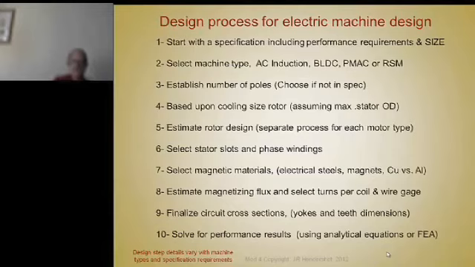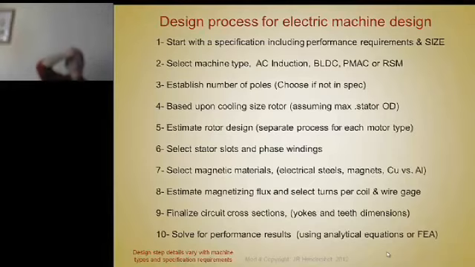If you want the highest performance machine, then you would use an integral slot per pole per phase. In other words, the number of phases must divide into the number of stator slots for a balanced winding. That goes without saying. So stator slot numbers have to, for 3-phase motors, be in multiples of 3. So 3, 6, 9, 12, 15, 18, 21, 24, 27, 30, that sort of thing, multiples thereof. Okay, now the final number of slots per phase